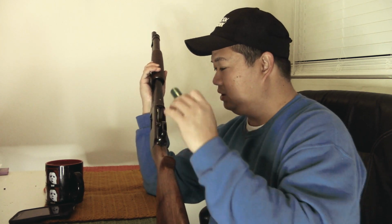Now I got some dummy shells here, just for this occasion. Okay, they're dummy shells. The primers are popped. They've been dumped out and filled in with plastic. So they're dummies. But the loading on this is strange because you pop it in there, and what holds it in there is the loading gate here. There's no things that clip on there. So when you load the next one, you got to be careful